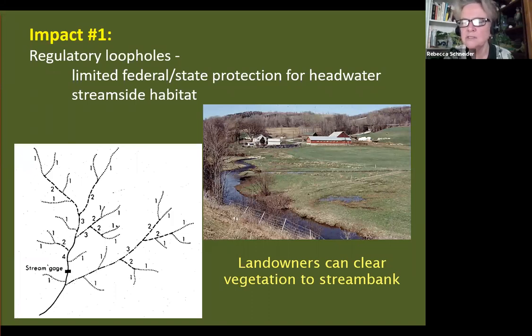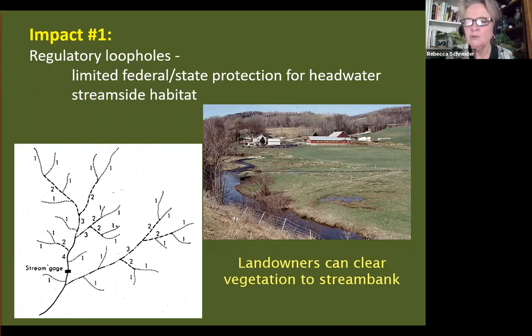That is the first and second order streams, the small, narrow ones that make up about 3/4 of the entire stream channel network. And we talked about how important the streamside vegetation is because as canopies they help keep the streams cooler, and they provide litter into the streams that fuel the food webs. That's the food that the invertebrates eat. And those streamside trees, their roots help prevent erosion. So all these great benefits.